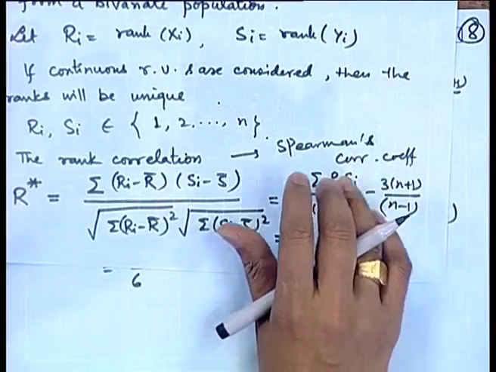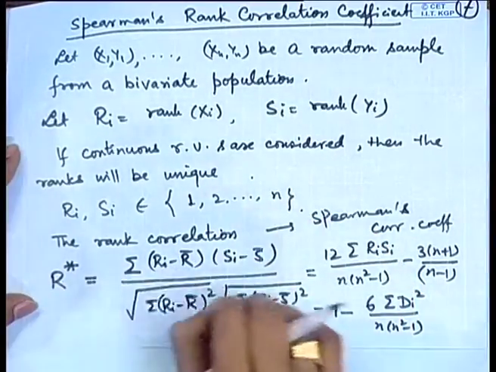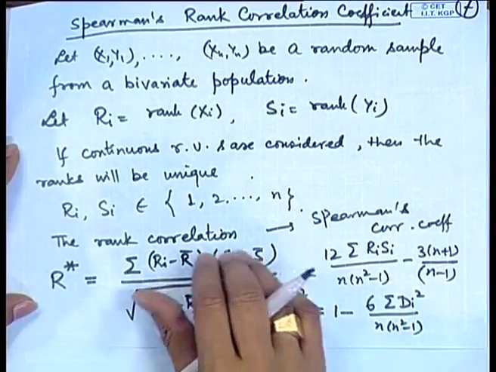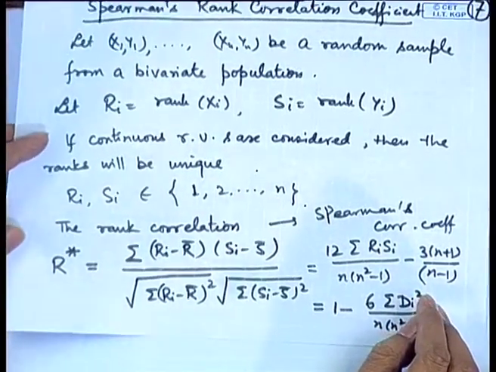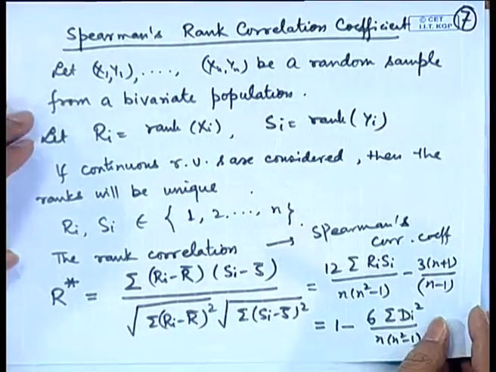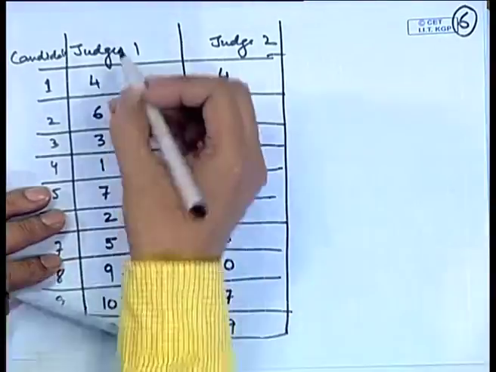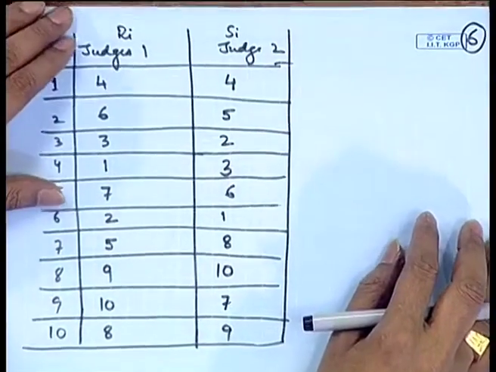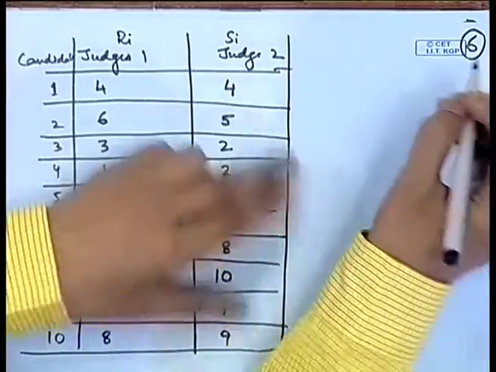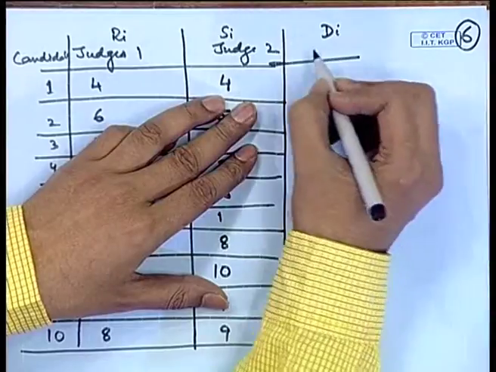So, the only difference is that we are not using the numerical values corresponding to the random variables, but the ranks of those values in the set of data that is given there. As an example, let me calculate in this particular case. Here these can be considered as r_i, this can be considered as s_i. So, let us calculate here the d_i's, that is r_i minus s_i.